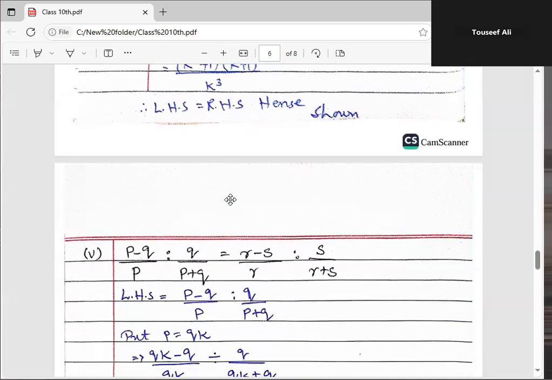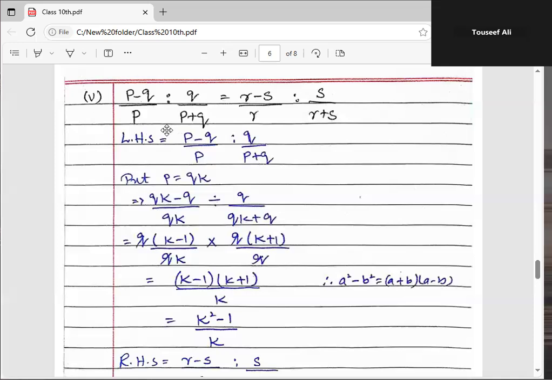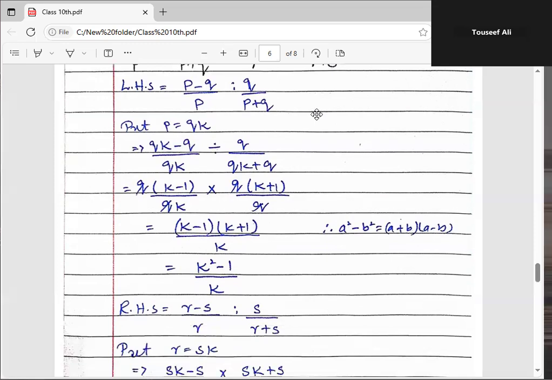The next question, which is question number 1, part number 5. Here we have (p minus q) divided by p ratio q divided by (p plus q) equals (r minus s) divided by r ratio s divided by (r plus s). First we will consider its left hand side. Here the left hand side is (p minus q) divided by p ratio q divided by (p plus q). We have already found, by using the k method,